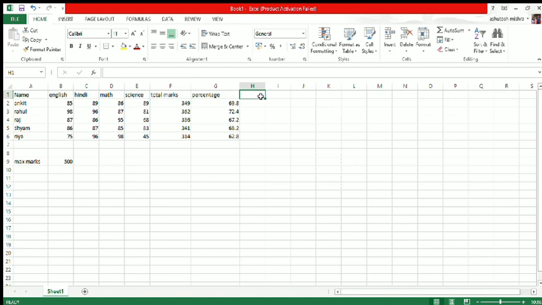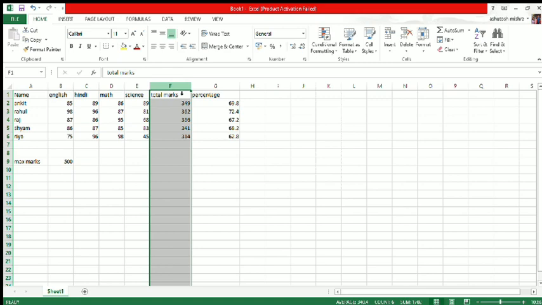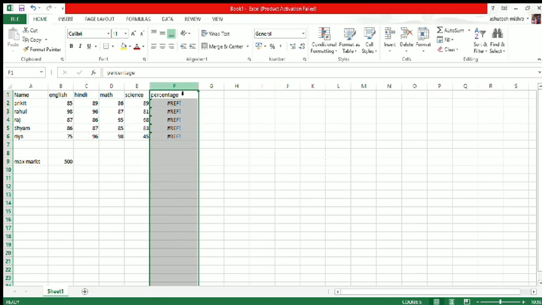Now I'm going to explain the use of function. What is the use of function? First delete this one.